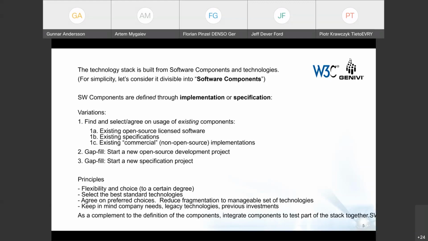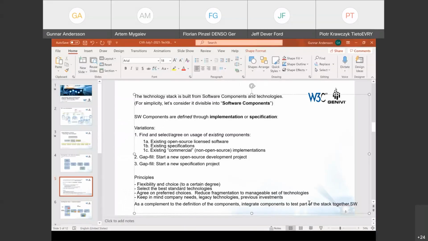Then as a complement to the definition of those components, it's likely that as a group we want to make integrations of parts of the stack together. And I say parts of the stack because you may need to,